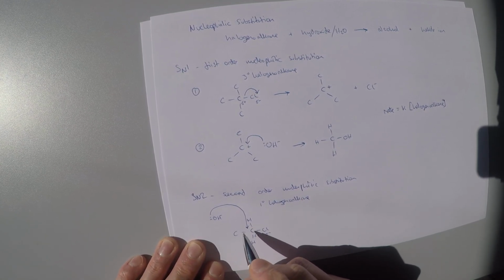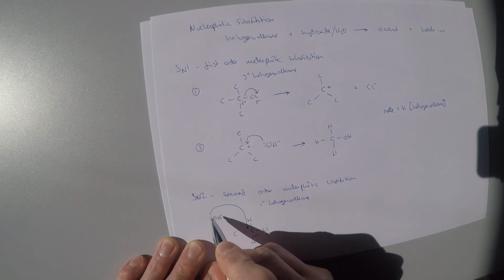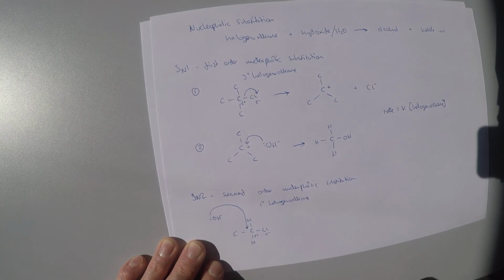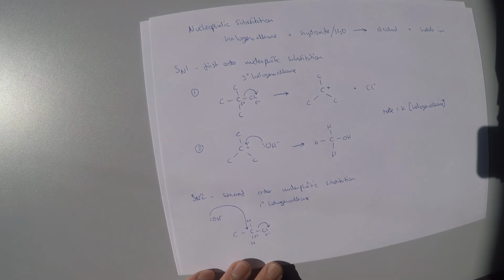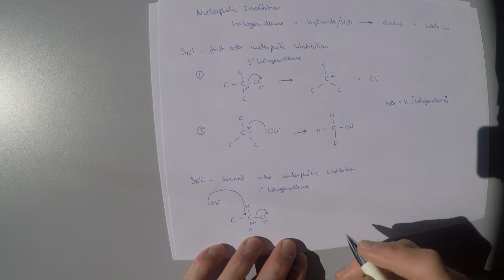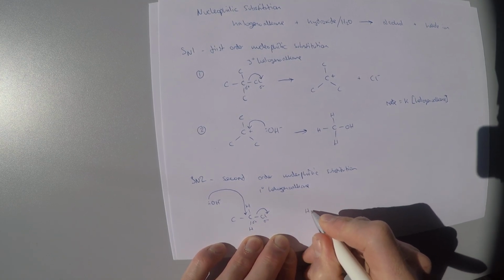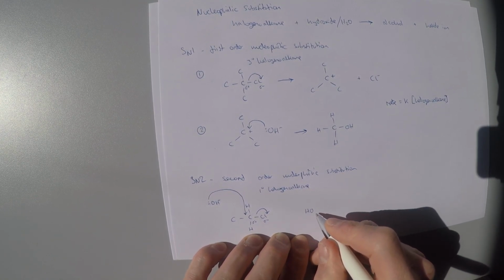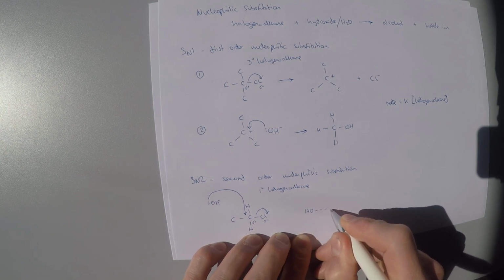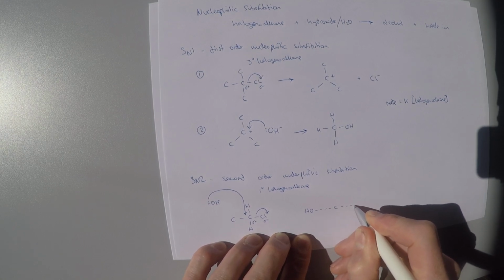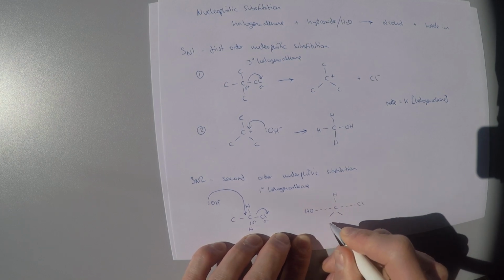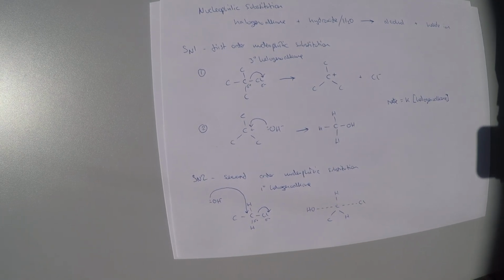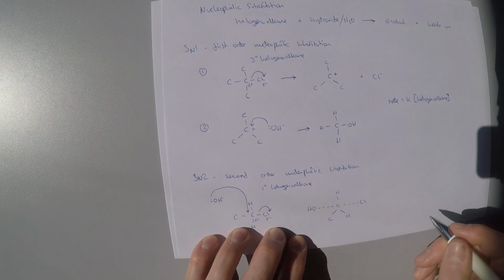What then happens is, as this bond starts to form, using the lone pair of electrons from the nucleophile, the bond from the carbon to the chlorine will then start to break. And you will end up with a transition state, where both the nucleophile and the halogen are still attached to that central